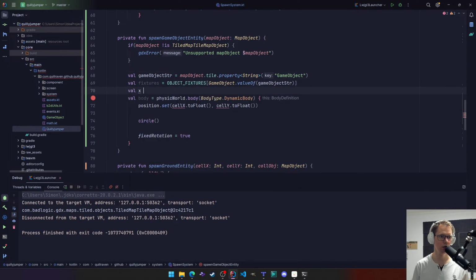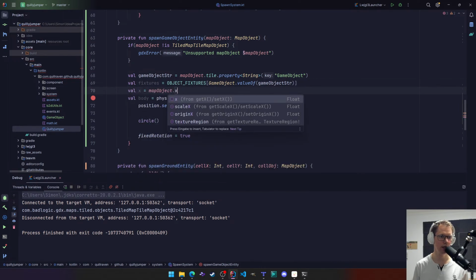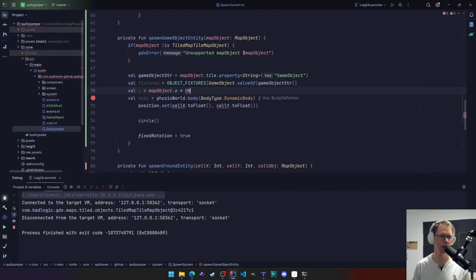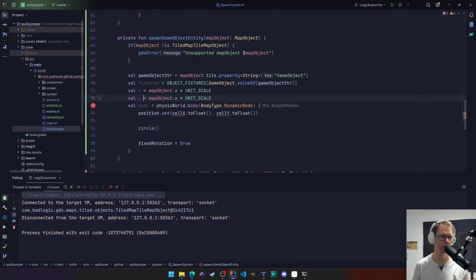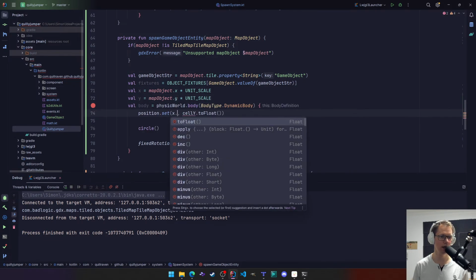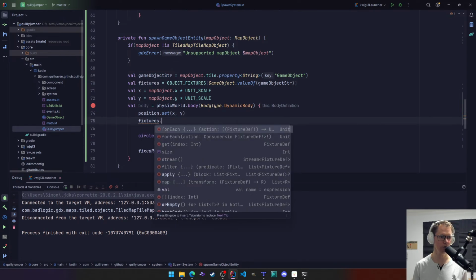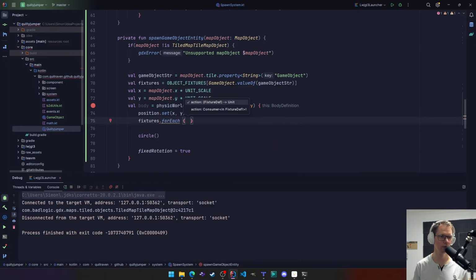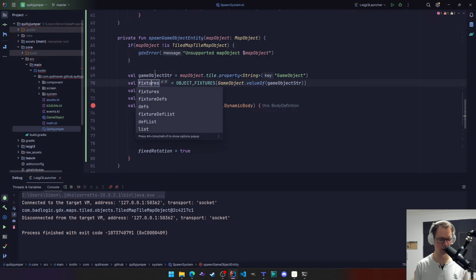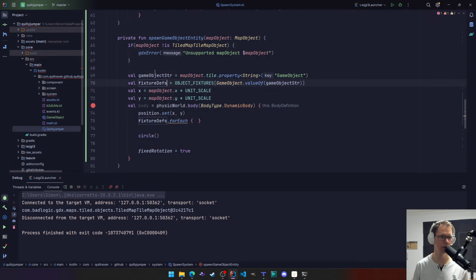So it is map object X times unit scale, and the Y coordinate is the Y position of the map object, and that one we can pass in here as a position for the body. And now for every fixture definition, so these are not the fixtures, this is already bad wording, it's the fixture definitions. And for every one of those,